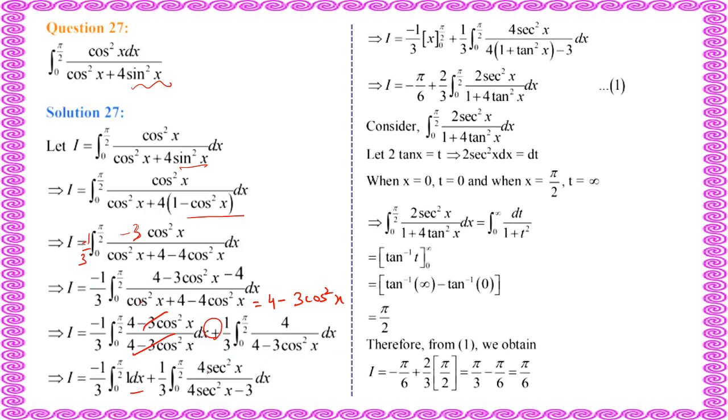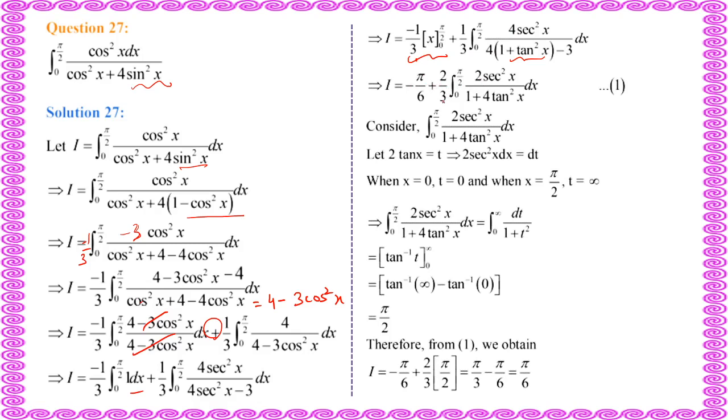Right. So here what are we doing now? Again multiplying all the terms with sec square x. So here is 4 sec square x, here also 4 sec square x, and minus 3 cos square x into sec square x will be cancelled, so minus 3. After that minus 1 by 3, what is the integral of 1? Integral of 1 is x. So we will apply the limits 0 to pi by 2, 1 by 3, 4 sec square x, and sec square x we are writing as 1 plus tan square x, right? And then this cancels, minus pi by 6 plus 2 by 3.